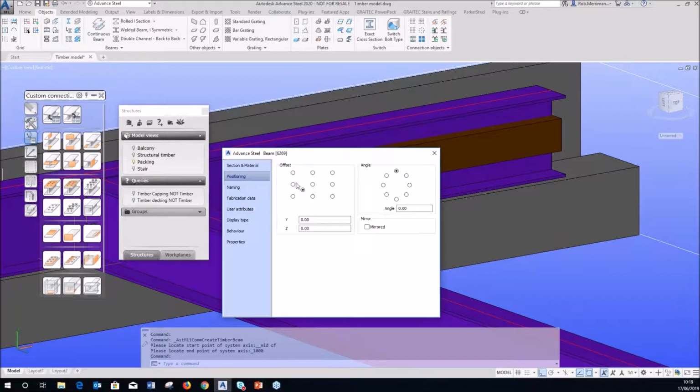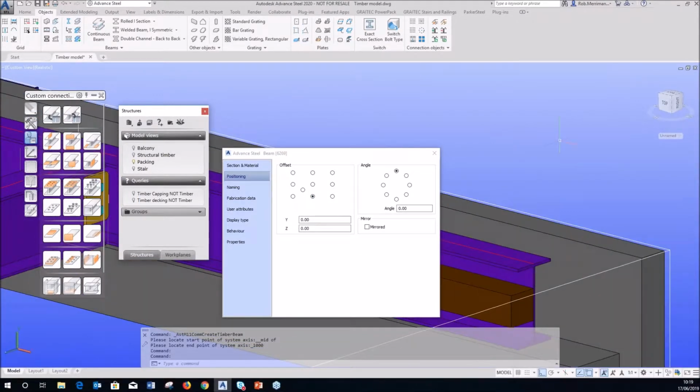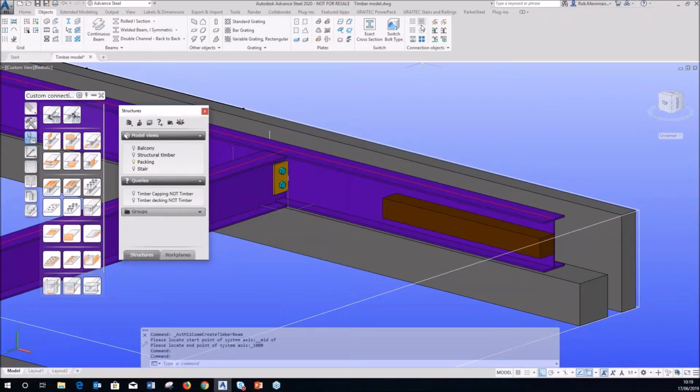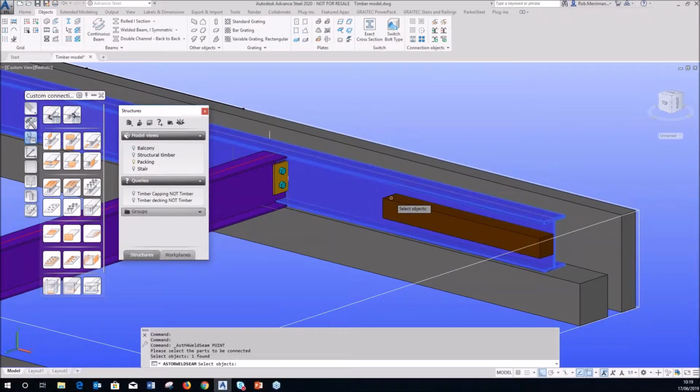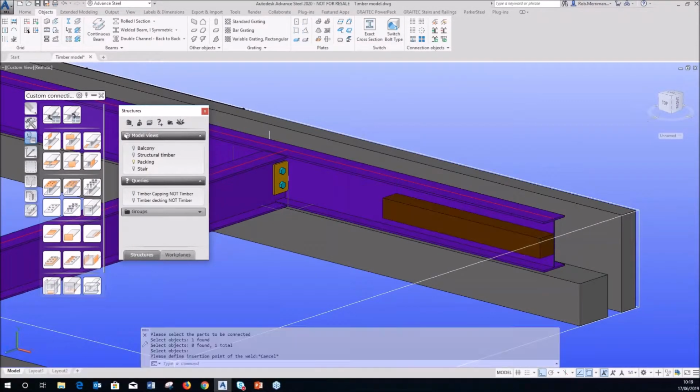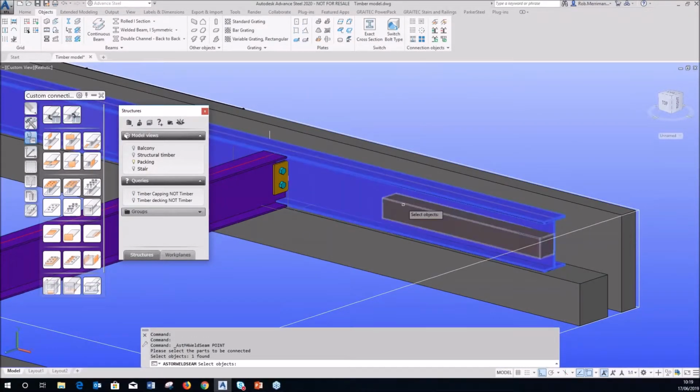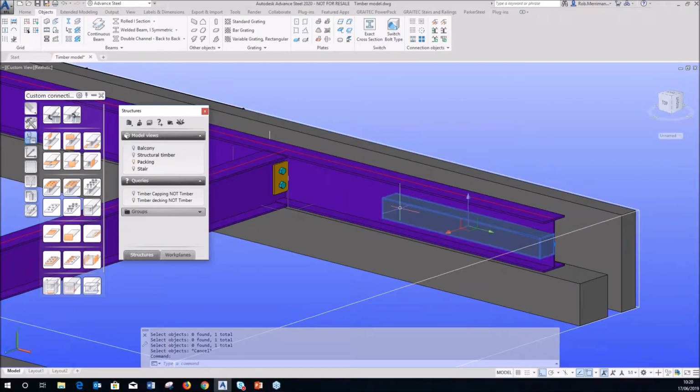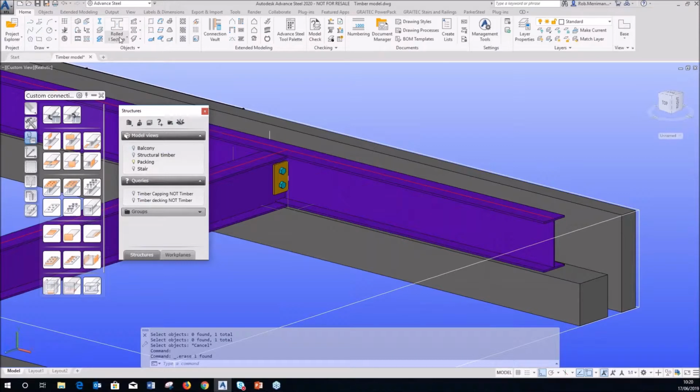We'll make it 100 by 100 and we'll just position it sort of middle flush like that, just as an example. Because it's a timber beam, it won't allow me, when I do my welding, can you see that I'm trying to click it? So a timber beam to Advanced Steel is a loose beam that can't be attached in the workshop to anything else. So if you're modeling your timber from a beam section, not a plate, you would actually